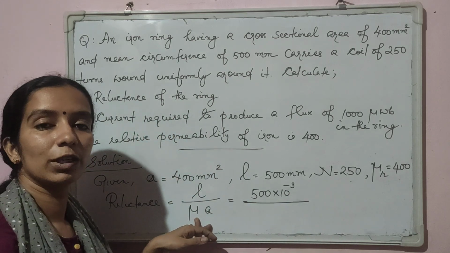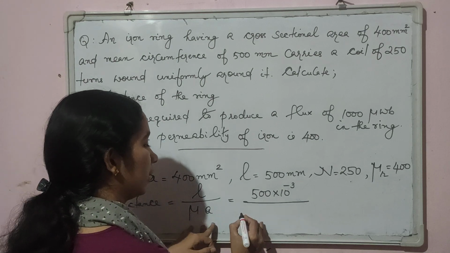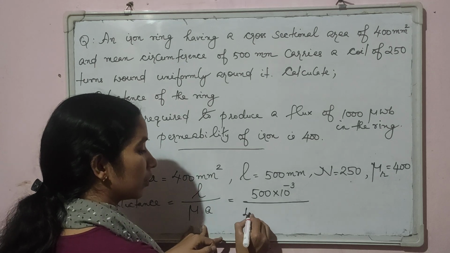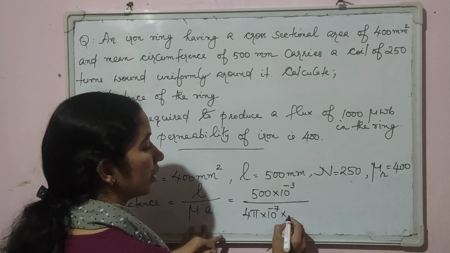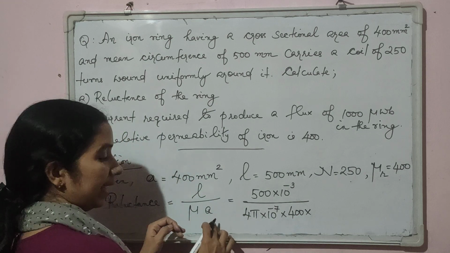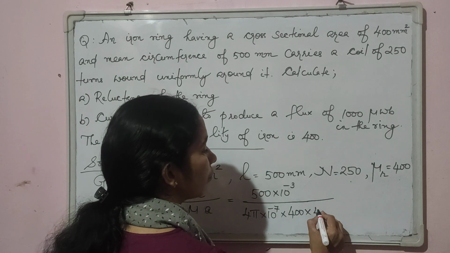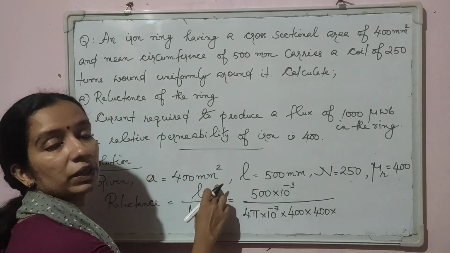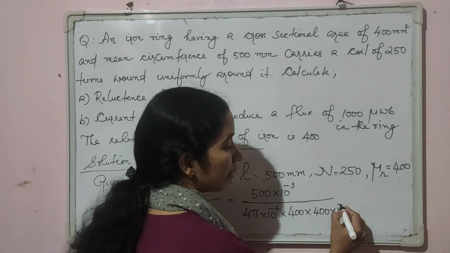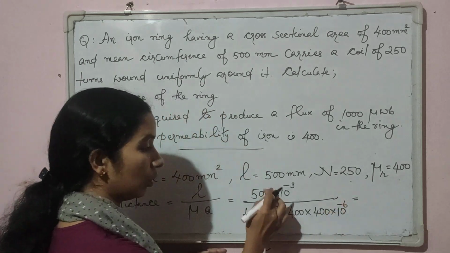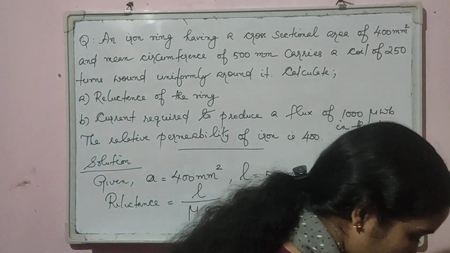Absolute permeability mu is equal to mu 0 into mu R. Permeability of free space into relative permeability of iron. So mu 0 is 4 pi into 10 raised to minus 7, and mu R is given as 400, into A. Area of cross section is 400 mm square, which should be converted to meter square. So for that, multiply the area in mm square by 10 raised to minus 6. Now on solving this, we will get the value of reluctance of the iron ring, and the value is